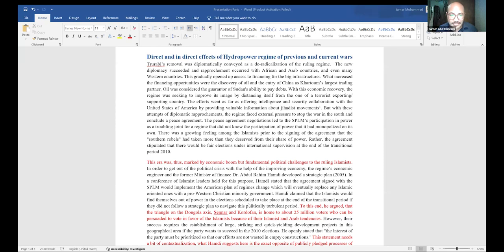Hamdi claimed that the Islamists would find themselves out of power in the election scheduled towards the end of the transitional period if they did not follow a strategic plan to navigate this politically turbulent period. To this end, he argued that the triangle of Dongola, Sennar, and Kordofan is home to a potential 25 million voters who can be persuaded in favor of the Islamists because of their cultural background and pro-Arabism and Islamism. That is how he read